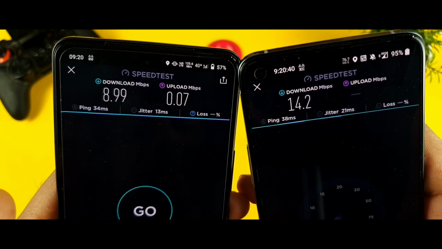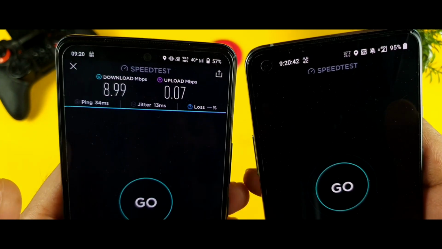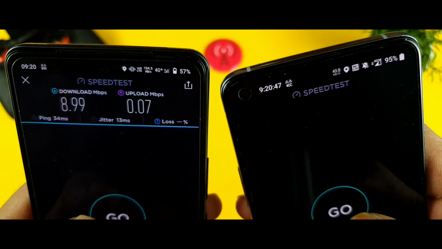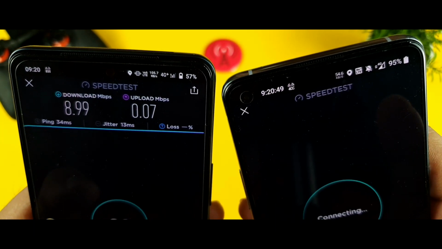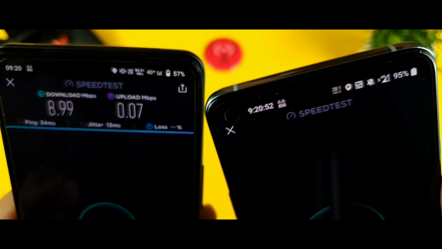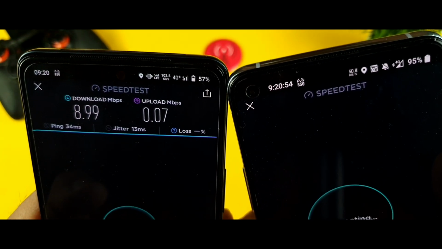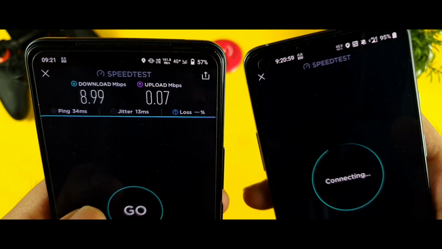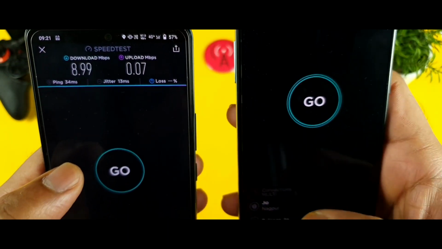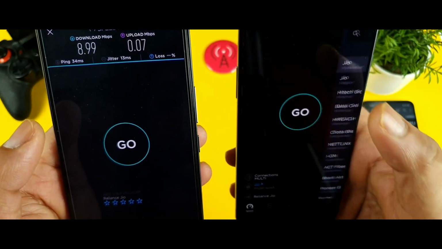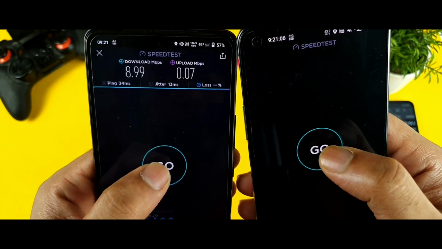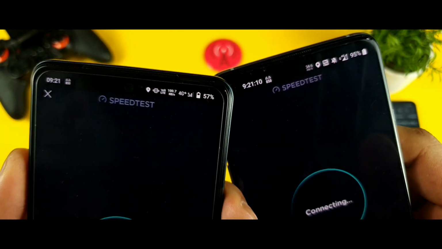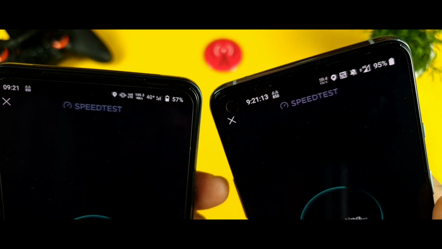So the only thing is that sometimes the iQOO 7, I think it's not that capable of getting this many bands. So it's getting 4cc and 3cc, 2cc. It's like a lot, 4cc in indoor condition, friends. That I only did see in the OnePlus phones, and next in the Realme X1 Max device, getting this many cc's mainly. So let me try to put the same server, maybe Jio Hyderabad. I'll try to select the same kind of server, and let me try to start doing the test again one more time. Let's see this time which phone will have what kind of result.